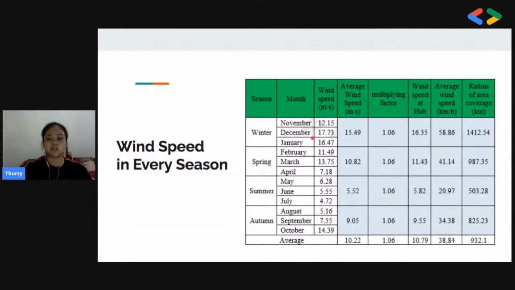Wind speed varies all the time, and it also has specific characteristics for a season. Normally in summer, you will have less wind speed, and in winter you will have high wind speed. This makes sense because of the difference in temperature and pressure, which gives different movement of the wind.